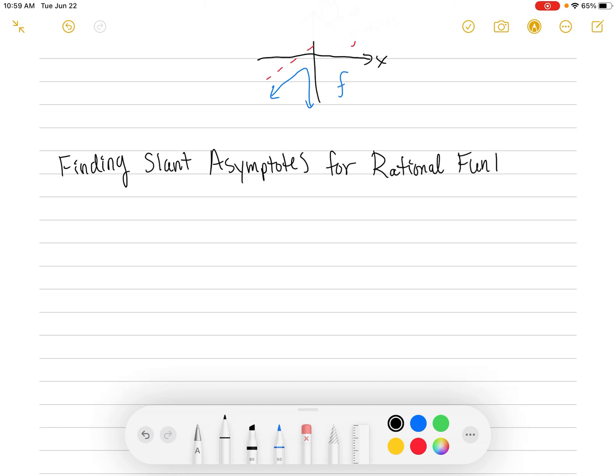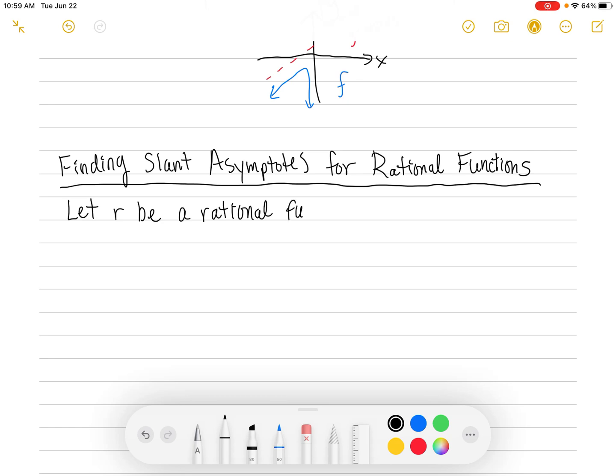For rational functions. So if you have a rational function, it's possible that you may have a slant asymptote if you do not have a horizontal. It's possible. So let's say